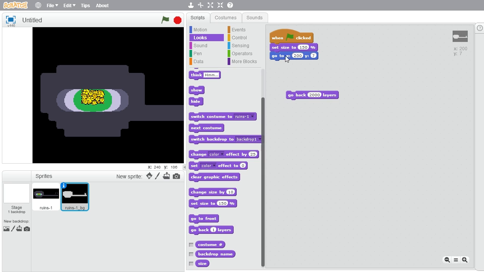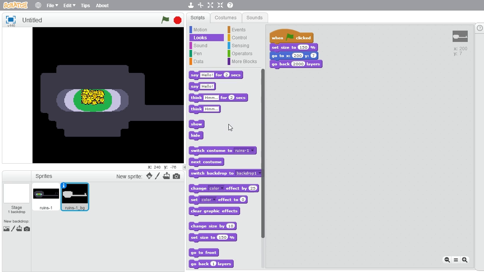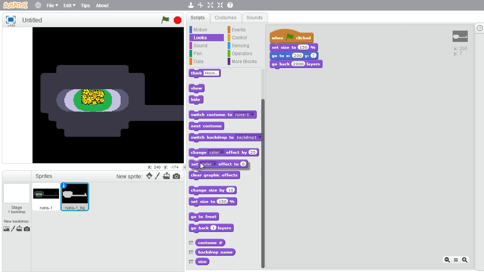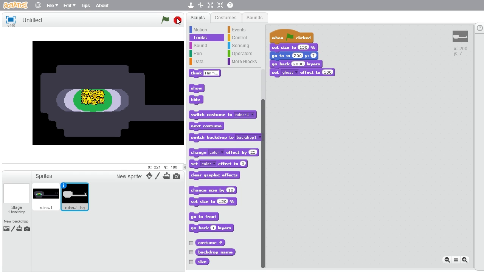You can make it go to X that and that to start with. You can still go back that many layers. One thing we need to set the ghost effect to 100. And this will mean that it's still there effectively, so it can still have scripts acting in it and stuff, and it can still have collision detection with other things,